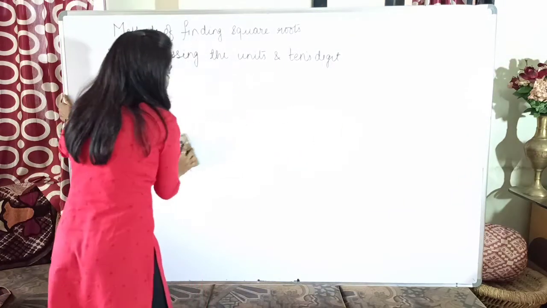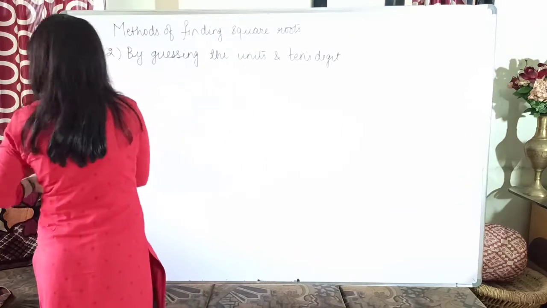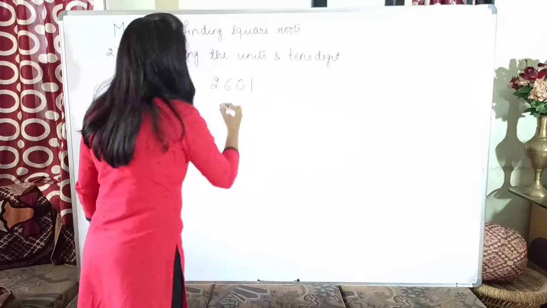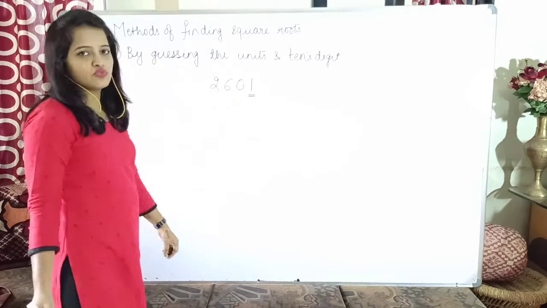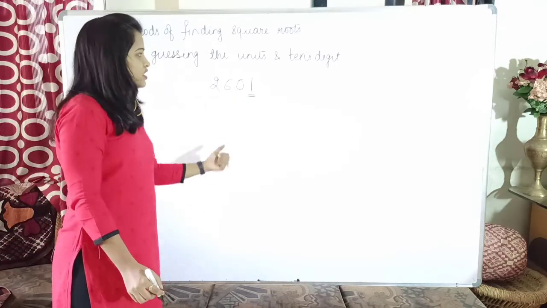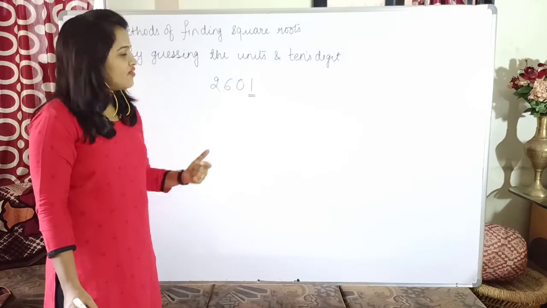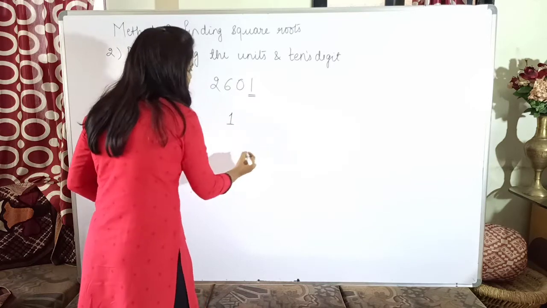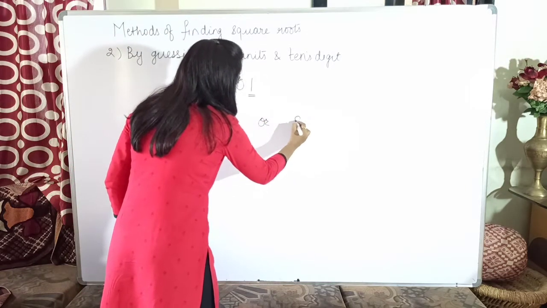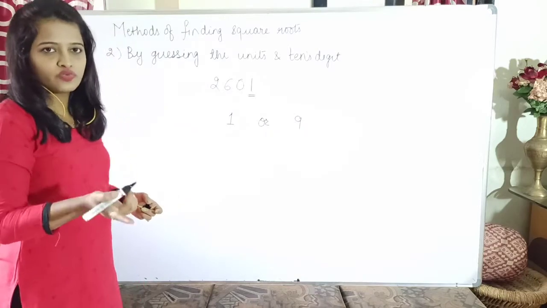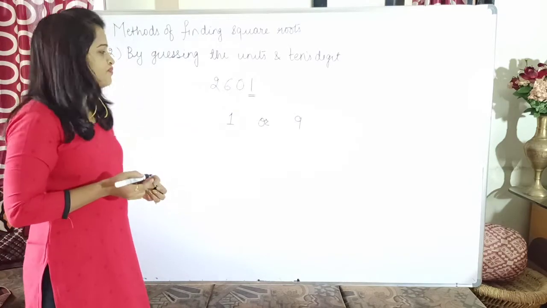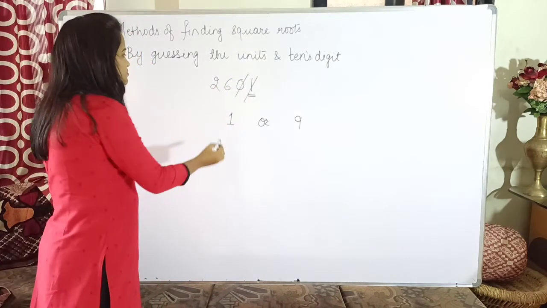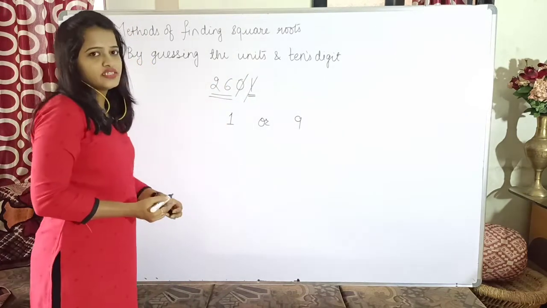Let us take one more example. Just now we have found the square of 2601. Let us check the same value, 2601. Now which digit is present in the units place? 1. Now will it be a square? Yes. Which numbers will have 1 as the units digit of their square? Numbers having 1 at the unit place, or 9 at the units place, because 1 squared is 1 and 9 squared is 81, so both end in 1. Okay, next part, cancel the units and tens place digits. Now you are left with 26.